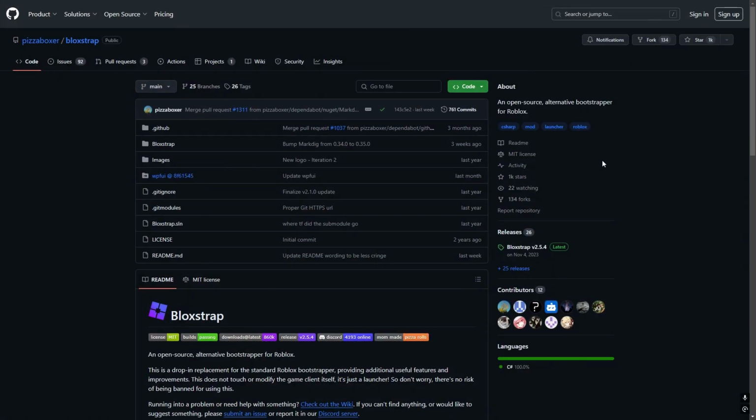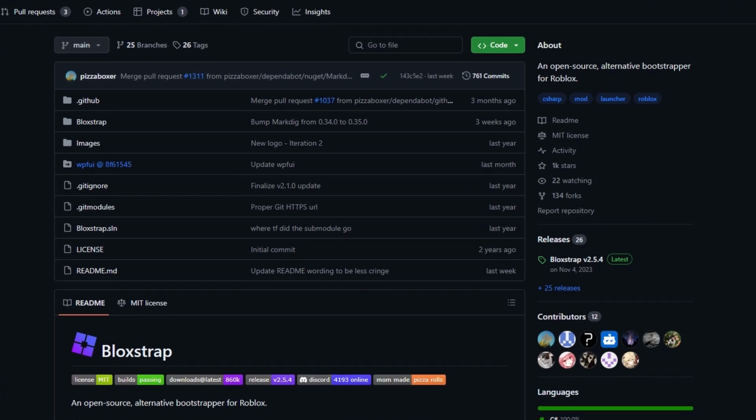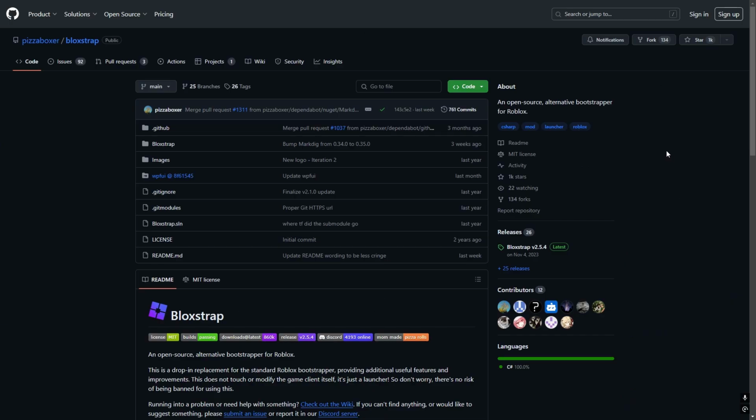So some of you guys have probably already guessed it, but I am using Bloxstrap for this video, and essentially the way how you download it is I'm gonna leave the link in the description below for those guys who want to. But anyways, once you are on this page, you have to go down to the releases button right here